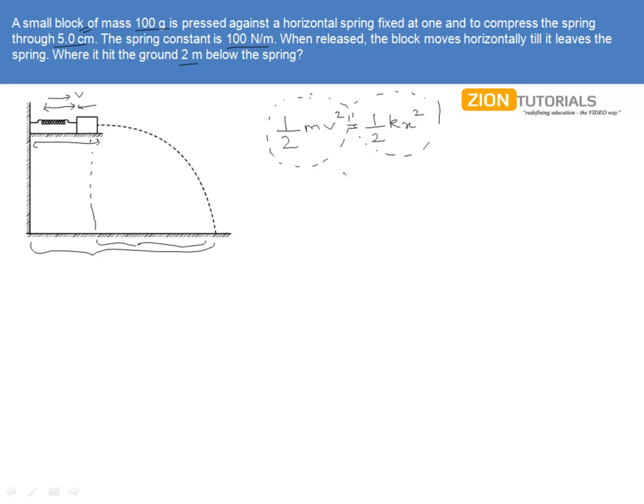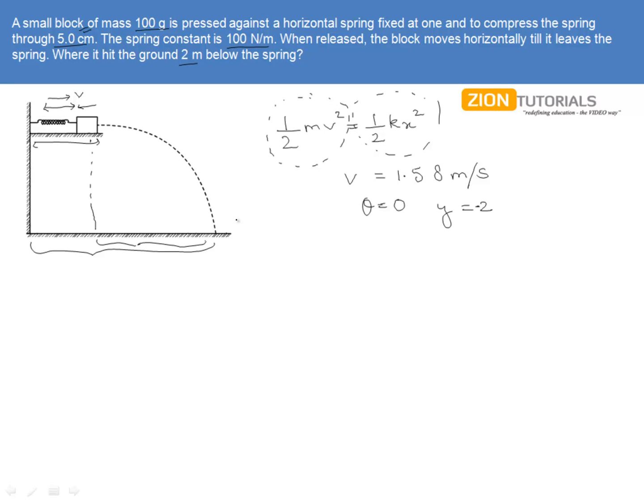So from here we can find the velocity v to be approximately 1.58 meter per second, because we have all the unknowns that we have put up in this equation. Now here we have theta equal to 0 because it is a horizontal projection, and y equal to -2 because this has been given, 2 meter